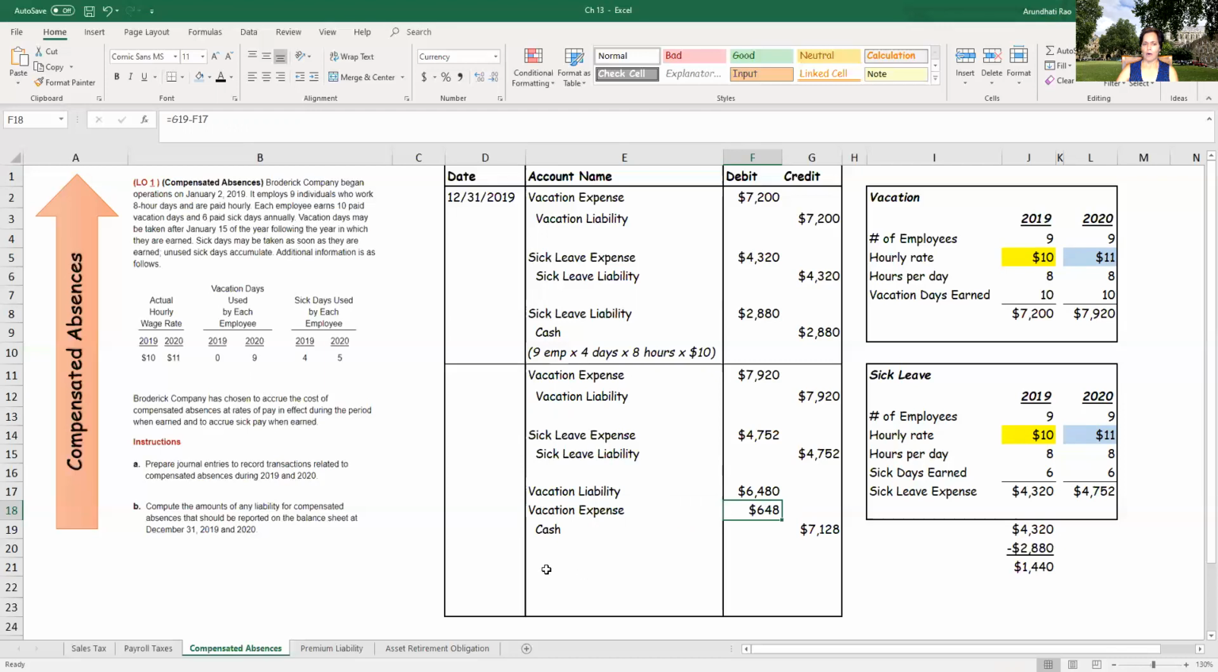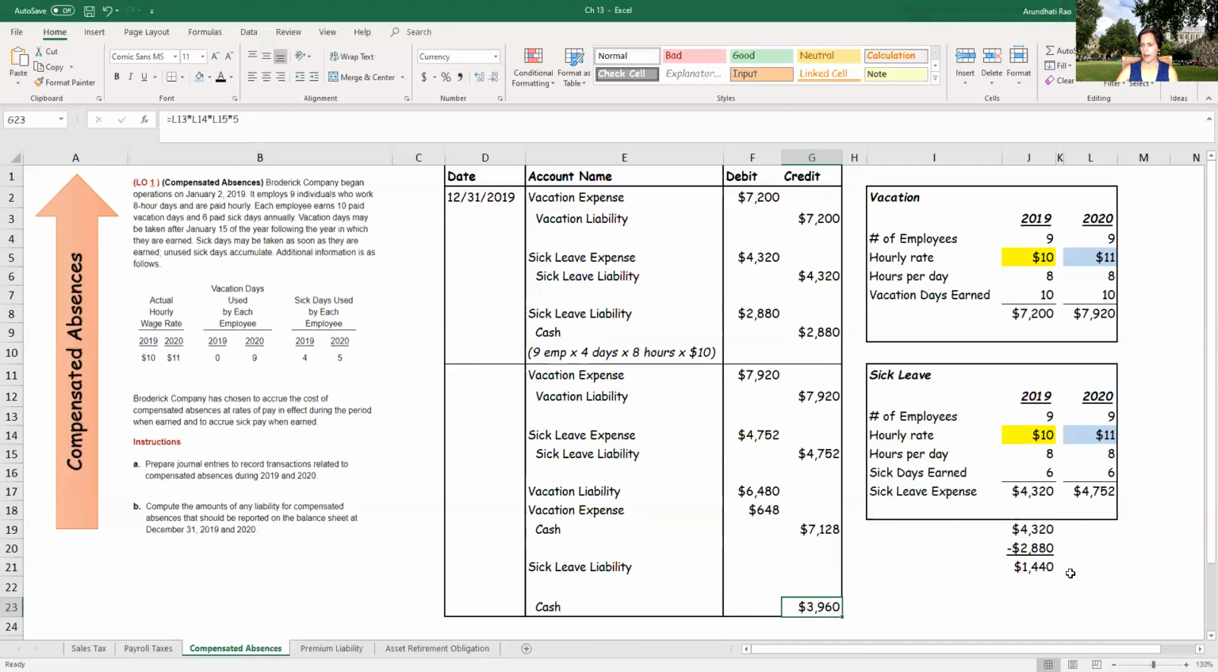Okay. Now, let's see what happens with the sick leave. What's going to be different over here? When I told you earlier about these numbers, I told you we need to do an adjustment. So let's see what it's going to be. Again, when they take their sick leave, it's sick leave debit, liability debit, and cash credit. Again, notice I've left a line over here. They took 5 days of sick leave. The hourly rate is $11. So it's 5 days times 8 hours per day times 11 times 9 employees. And that amount works out to